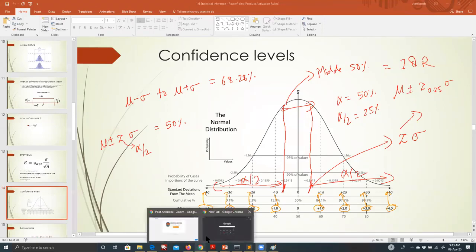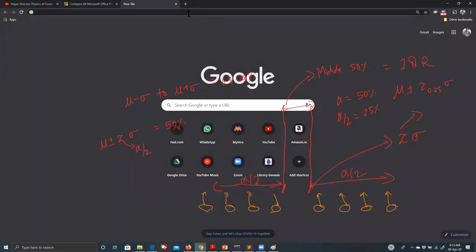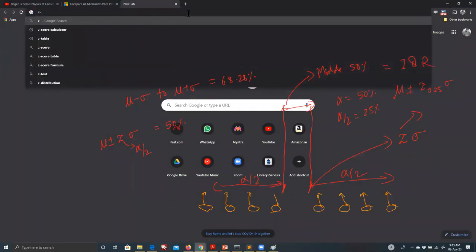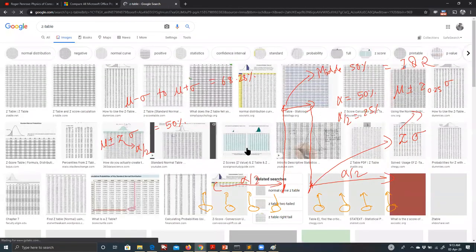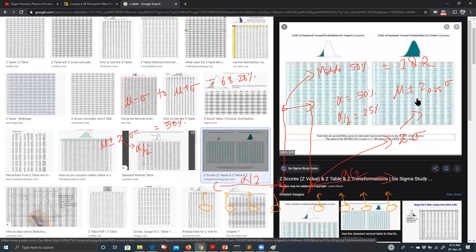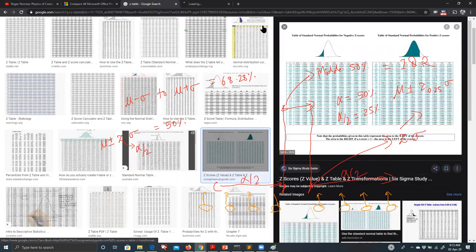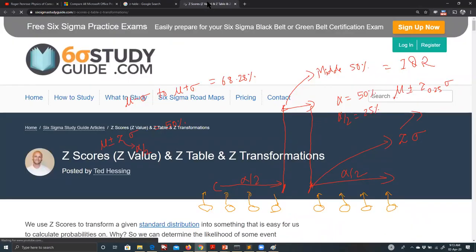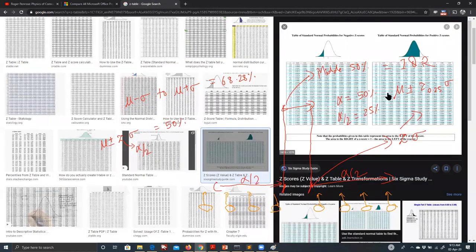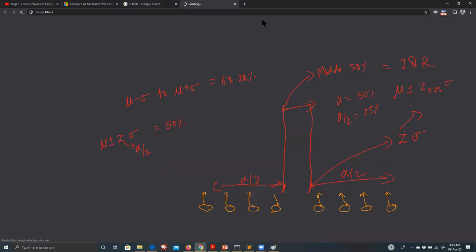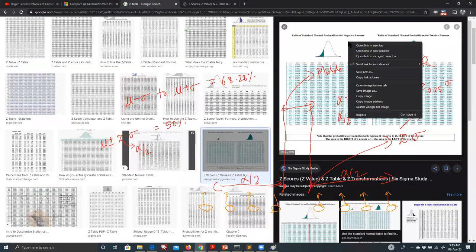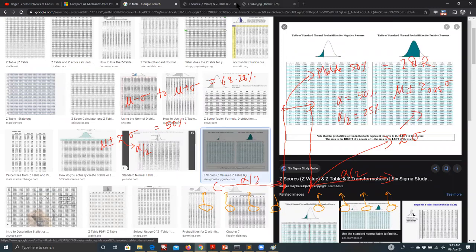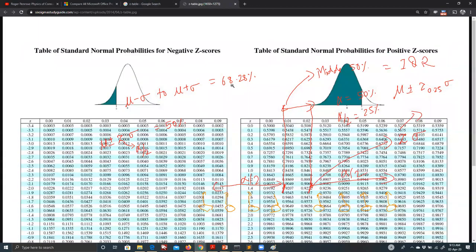So now here we will require some help of Google. You need to Google it. You require a z table. Let's see who has a better table. This green one is pretty good, I guess, according to me. Just wanted to open the picture. I'm clicking the wrong thing. Open image in new tab. Yes, got it. So this is a pretty decent graph.